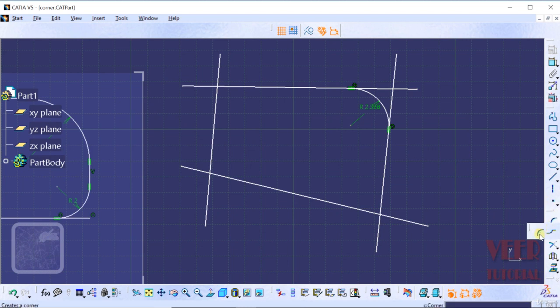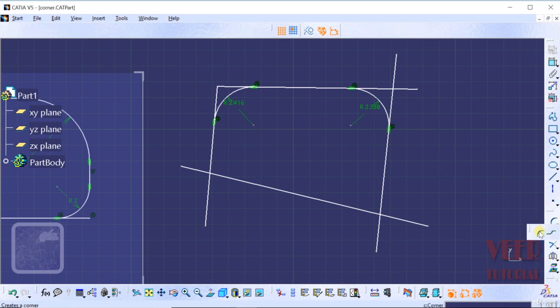Once again I select this corner. The next option we can see is the standard line trim. Let's see what happens when we select this option. Select this option, select the first line and select the second line. And place the radius. So I am placing this inside. And now we can see the extended lines have been trimmed, but the intersecting line has not been trimmed. The lines that were extending are trimmed. Okay, so that is the difference of this tool.